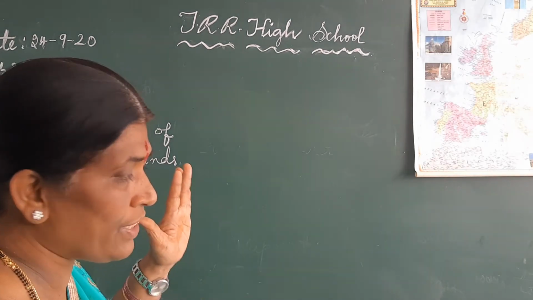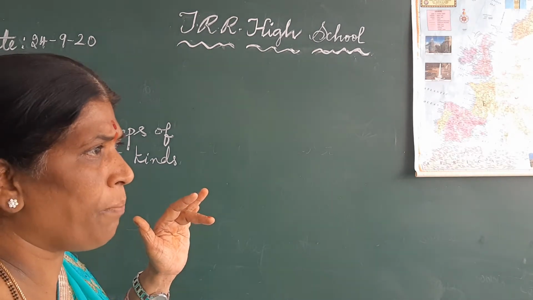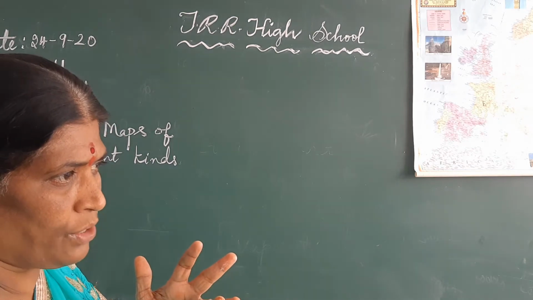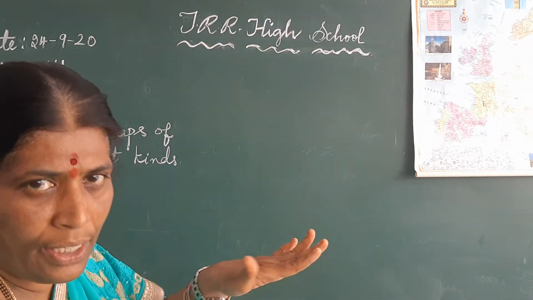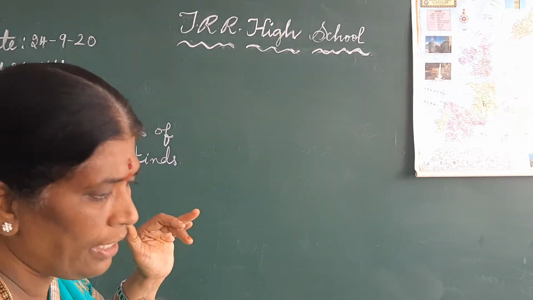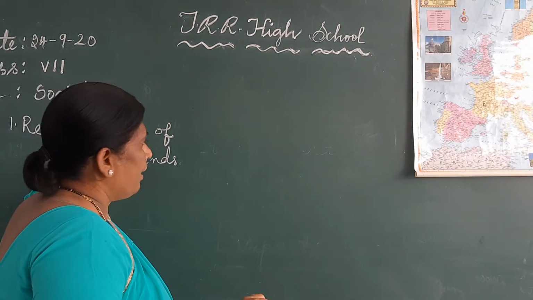We have seen the physical map. Yes, the physical map will show us all the landforms: mountains, plateaus and plains. It will show us. And these heights are different. To show that, today in this lesson we are learning